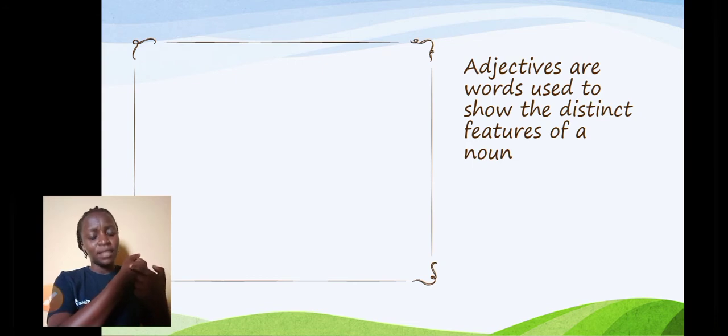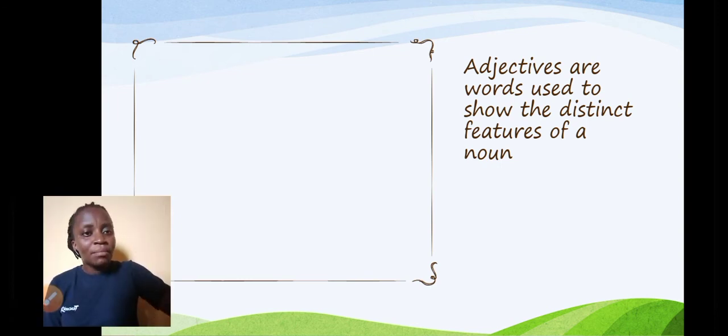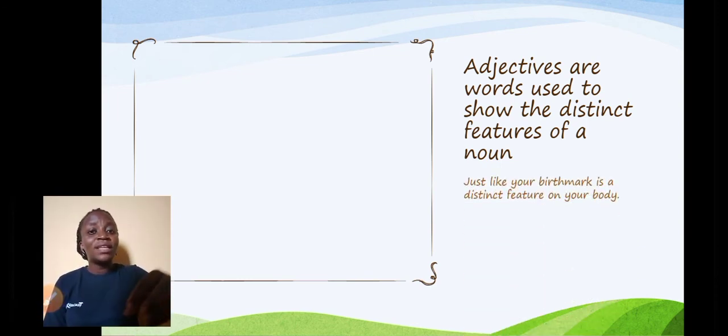And it's quite unique because you find it difficult to find another person with this exact birthmark arranged exactly like this at this same position. So it means that this particular feature can be used to describe me,